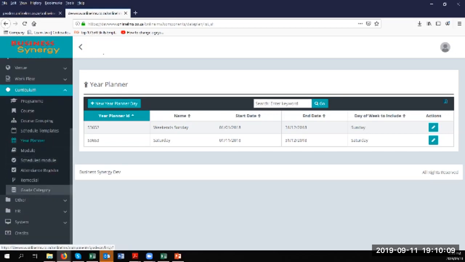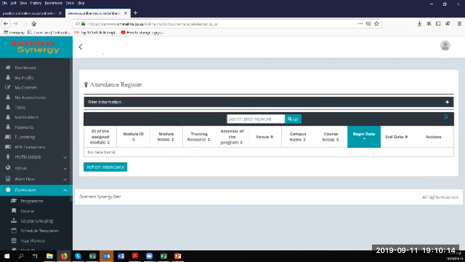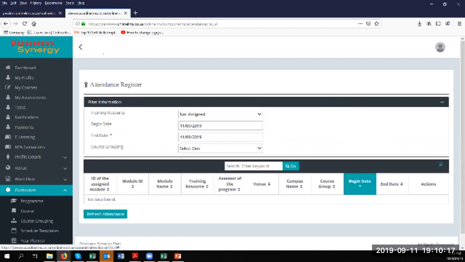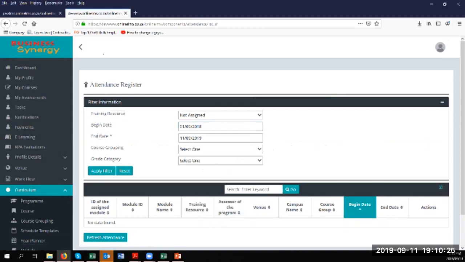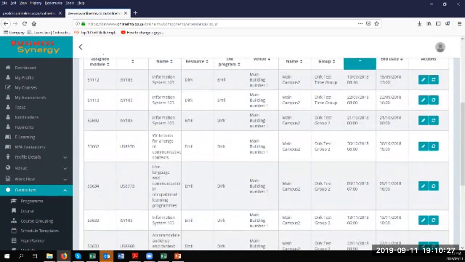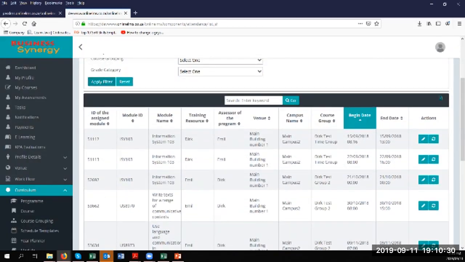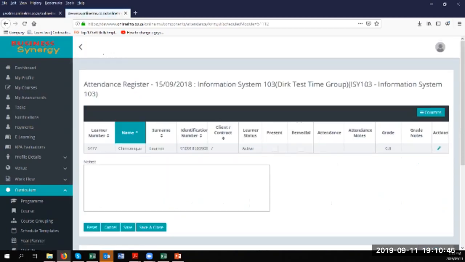So from there on, the attendance registers are then automatically populated as well. You can filter them and view them. I just want to get an older date here that we've got a bit more play with to show you the attendance registers. These are automatically generated based on the scheduling, based on all of the other factors together. This automatically generates your attendance register for you,